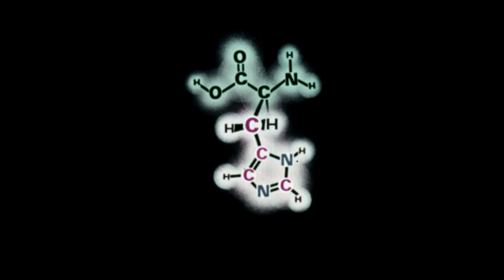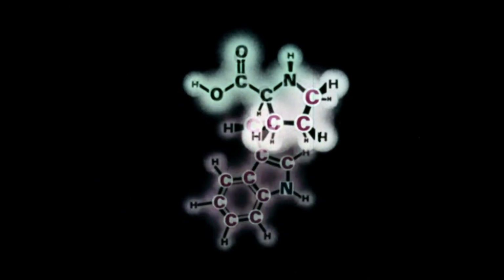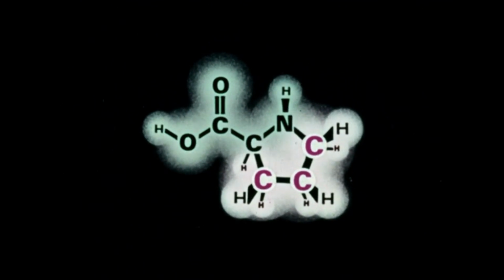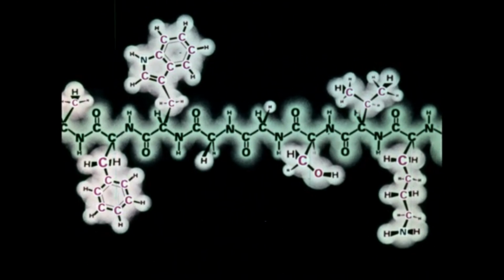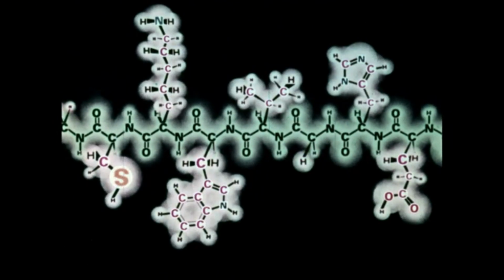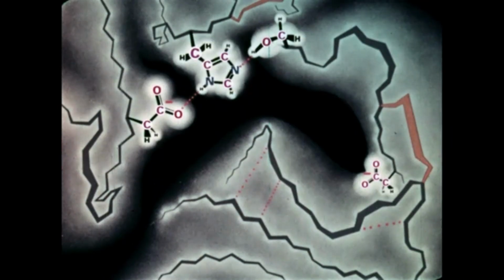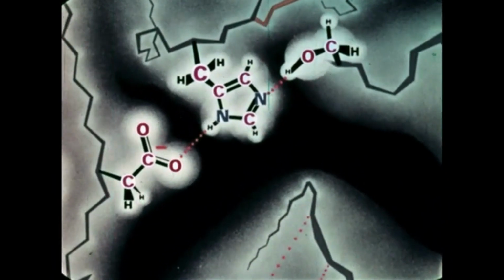In nature, there are about 20 common amino acids differing in their side chains. A protein polymer is a linear assemblage of these different amino acids in a variety of sequences, varying from 50 to several hundred amino acids. The structure and chemical activity of a protein are determined by these side chains.